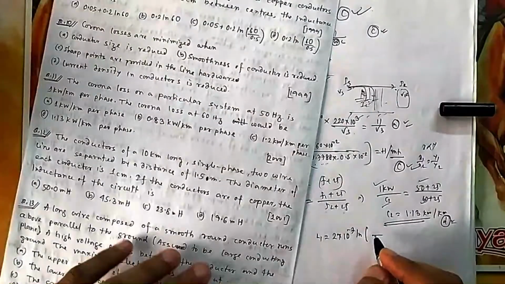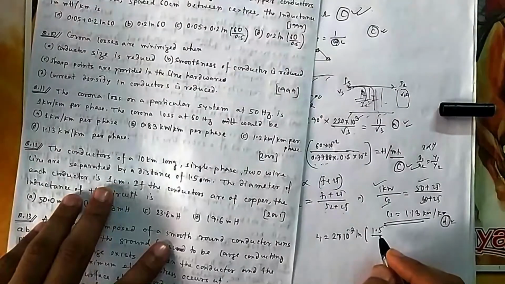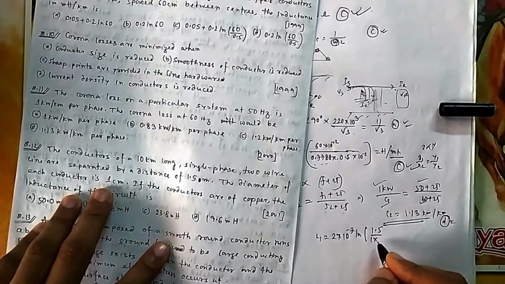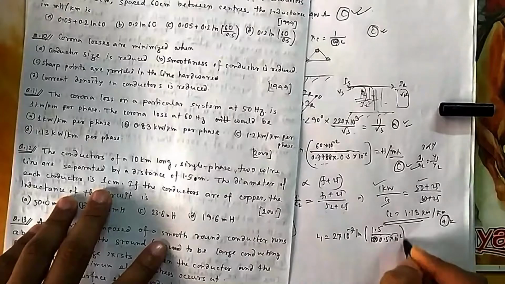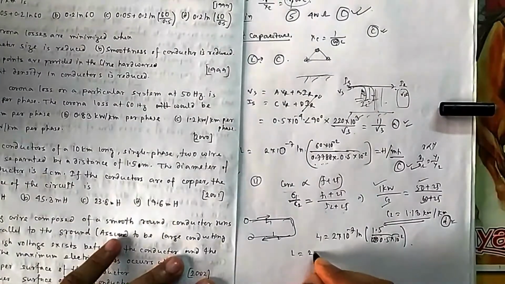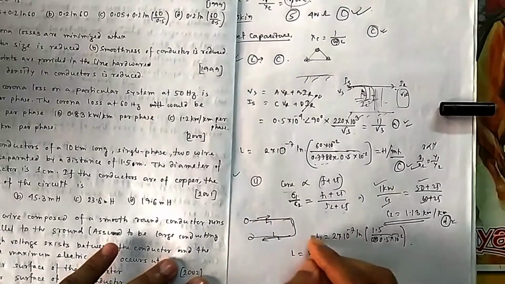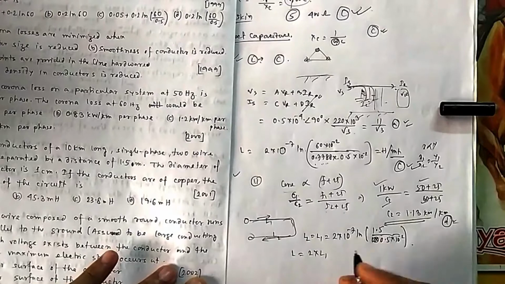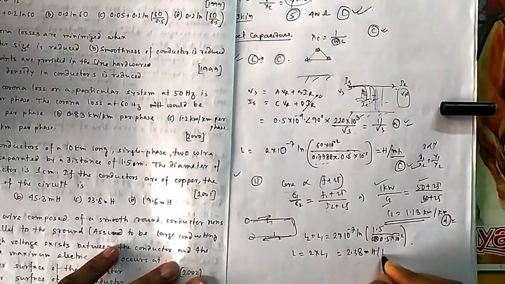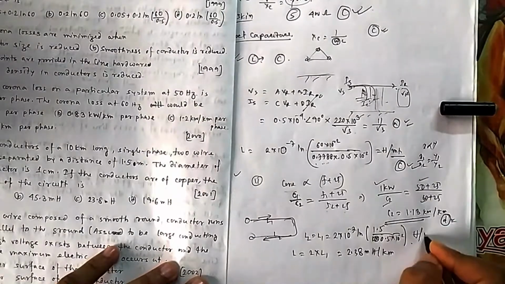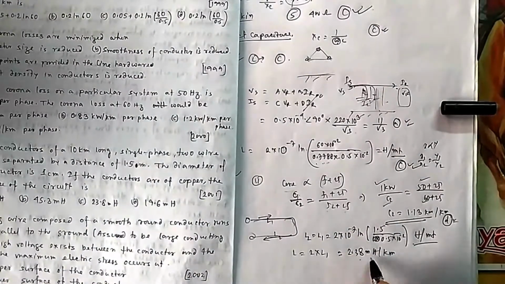the distance between conductors is 1.5 meter, and each conductor is 1 centimeter diameter. Okay, the radius will be 0.5 into 10 to the power minus 2. So if you are doing this, then your L will be 2 into L1, because they are asking for the entire circuit, that is L1 plus L2. L1, L2 both equal to this one. So L is L1 plus L2, that is 2 into this one. So you have to be careful. So it is 2.38 millihenry per kilometer. This was Henry per meter, so if you convert it, it will be 10 to the power minus 6, so it is millihenry per kilometer.